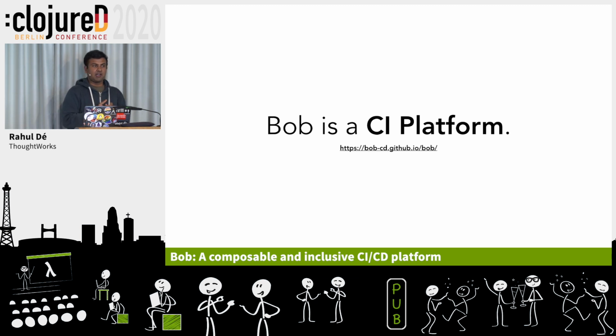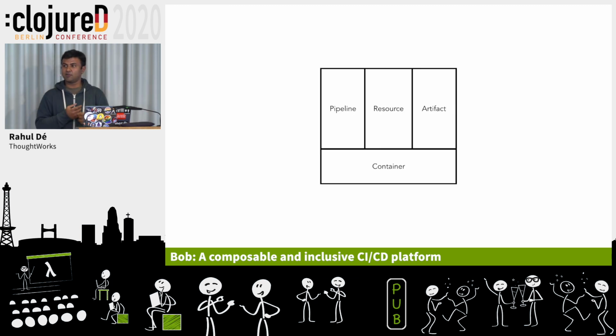So how many of us think of the same thing when choosing the CI? Does anyone here do that? Okay, so I'm saying let's try to do that, right? So why a CI platform? Because Bob is something that you build upon. Bob gives you smaller composable pieces which you can compose the way you want and solve your problem, and you don't have to look at the core. How many of you remember the black box as the core? So we can open up the black box a bit.